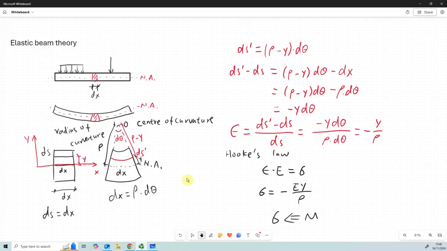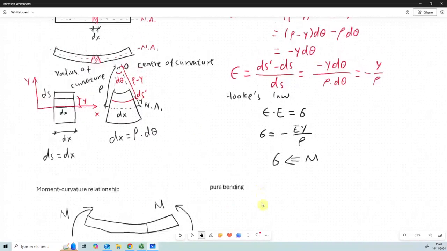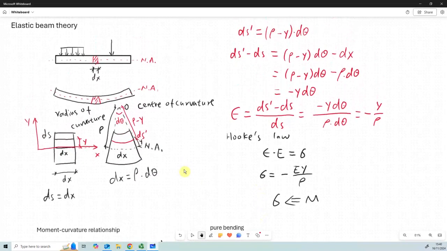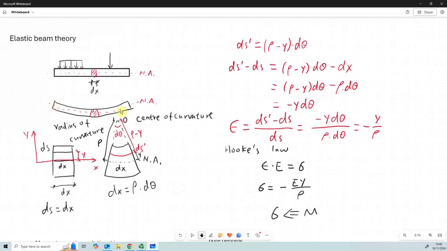In part 1, we derived the relationship between the stress and the curvature rho. As we know, we can find an expression for stress by using the internal moment. So then we can find the relationship between the moment and the curvature. But before we derive this relationship, I would like to show the deformation due to the